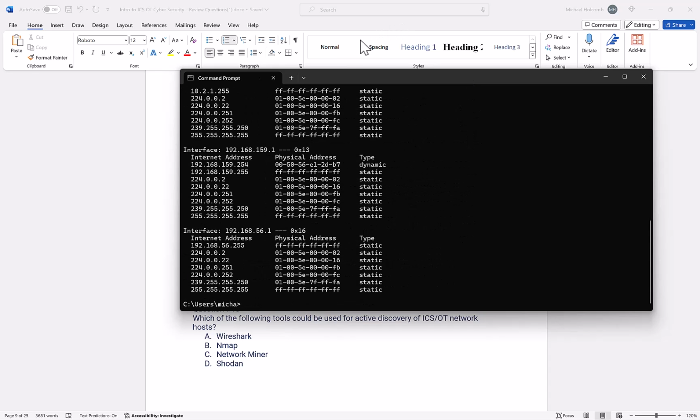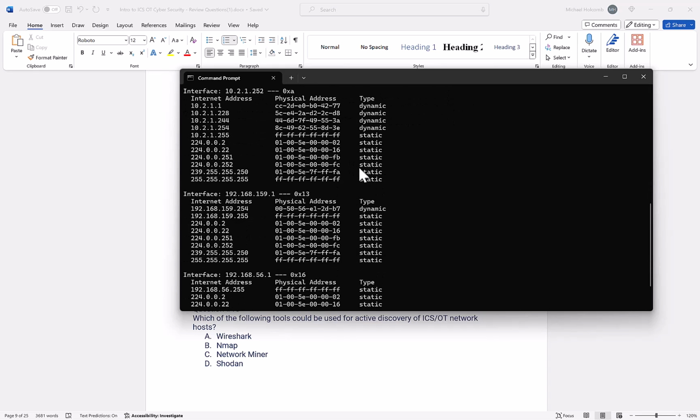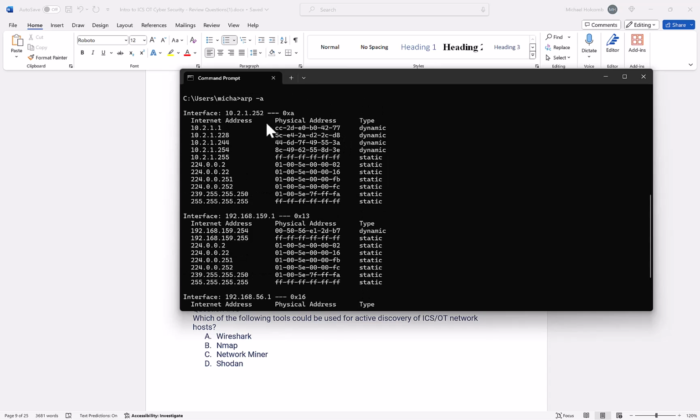And then you can see I have multiple entries because I have multiple network interfaces in the machine because of VMware. But you can see all the different IP addresses that my system has been talking with, and not only the IP addresses, but because it's the ARP cache, remember ARP's used to resolve IP addresses to MAC addresses, we see those IP addresses and the associated MAC addresses. So that is how we see the ARP cache with ARP -A on Windows machines,